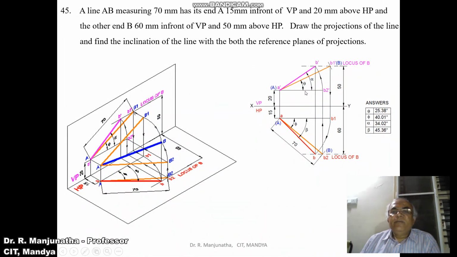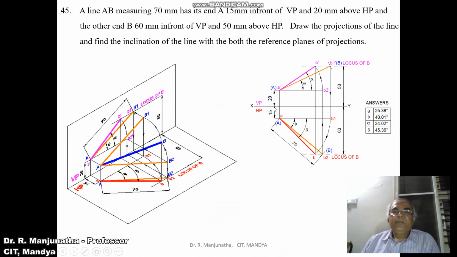That means if the front view line is parallel, then its corresponding top view will be in true length. Applying that condition, here you have A dash B2 dash, the line which is parallel to XY. But actually B2 dash will not be above HP by 20 mm. Instead it is above HP by 50 mm. Using the compass with A dash as center, take the radius A dash B2 dash and draw an arc such that it cuts the locus of B in the front view at B dash. Then mark this point as B dash, join A dash B dash with a dark line and show the notation. This is the apparent inclination with respect to HP, which is alpha.